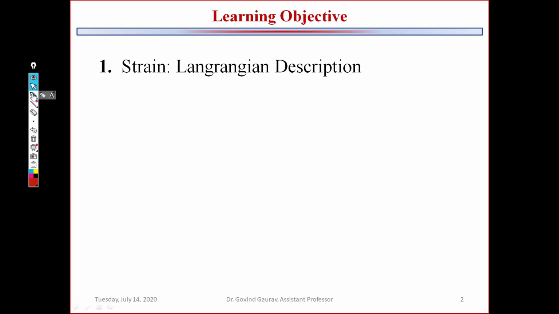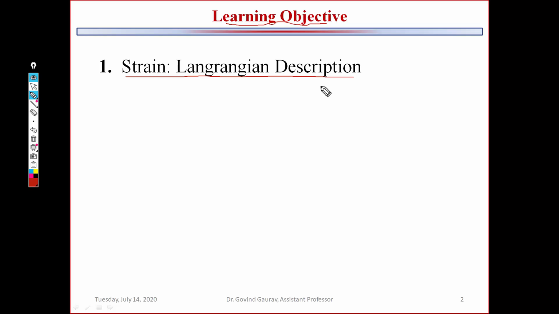Class. Today we will discuss the following objectives. The objective would be the Lagrangian descriptions of the strains. We have studied the different definitions of the strains. The various definitions of the strains were the engineering strain, the true strain, the natural log strain, Lagrangian strain and